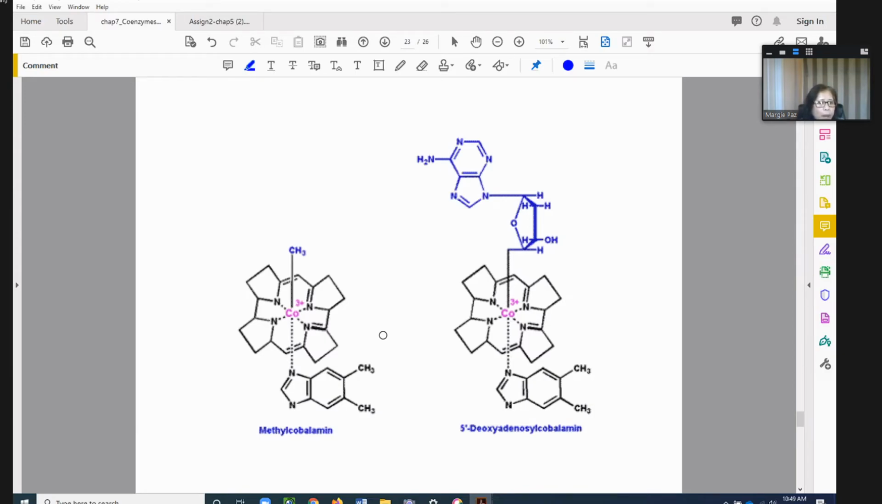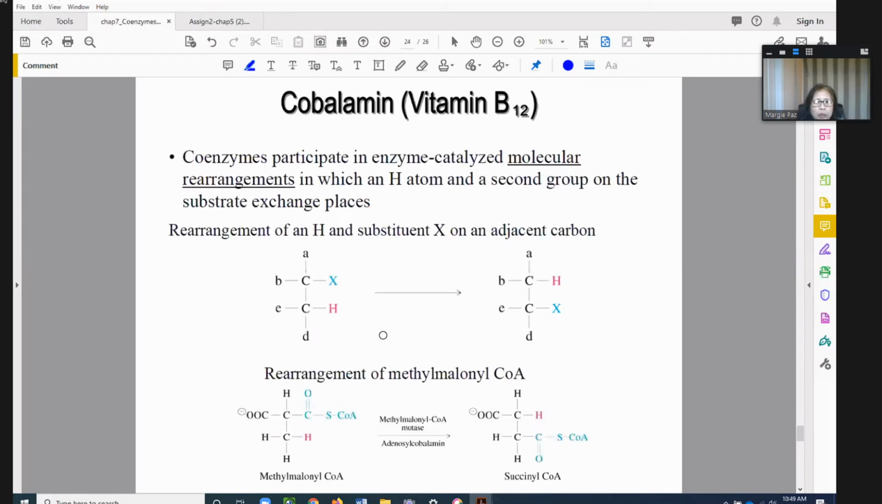The coenzymes methylcobalamin or adenosylcobalamin participate in molecular rearrangement, in which a hydrogen atom and a second group, designated here as group X, will exchange places, right? And that rearrangement of this hydrogen atom and group X on adjacent carbons involves